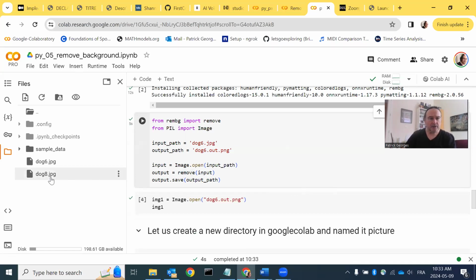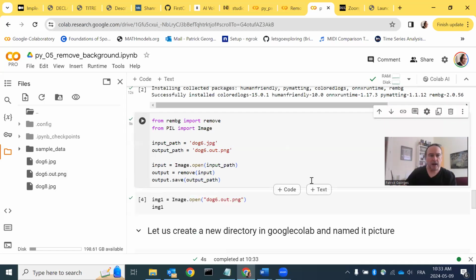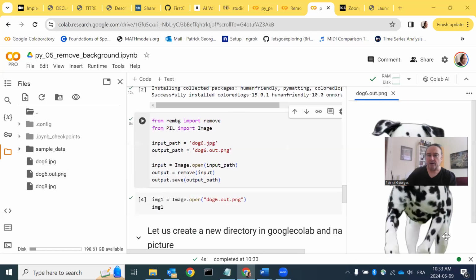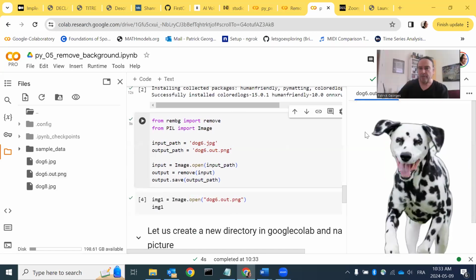But so now if I refresh this, I should see a picture here, and you can do two things if you want to see it. You can double click on that, and you are going to see the little dog, but this time, remember before there was a green background, and now the background has been removed. So it's very simple to do. And you can also, in another way,